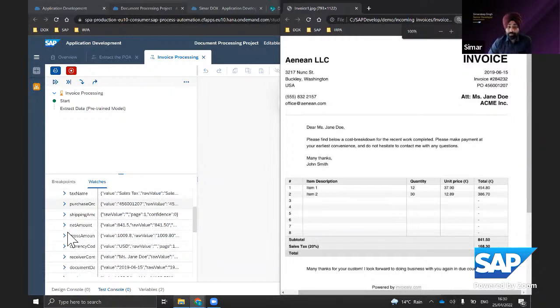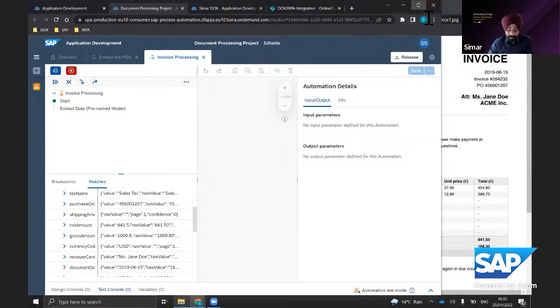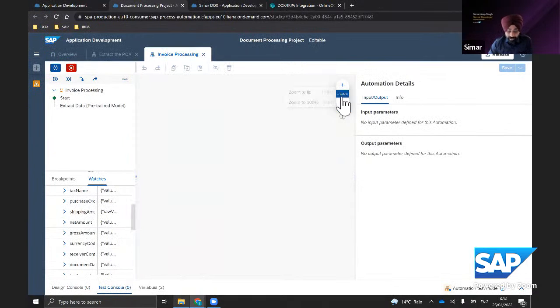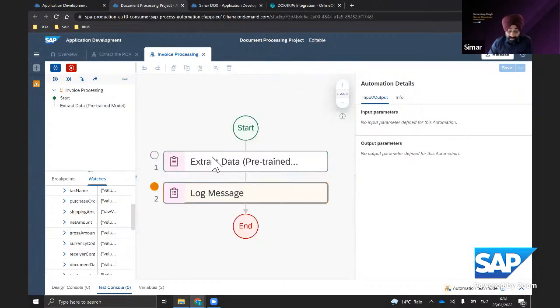So that means it uses the pre-trained invoice model to extract all these fields, and you don't have to go into the hassle of putting your own custom logic to extract such fields. So this is the power of document information extraction, that it can extract any invoice. If the invoice has a specific structure, then it can extract the data from those invoices, and then you can work with the invoices and you can create some automations related to it.